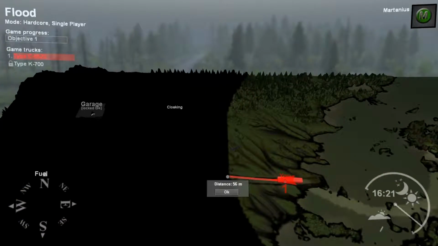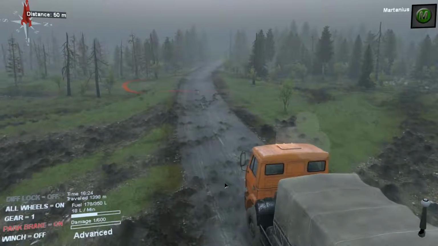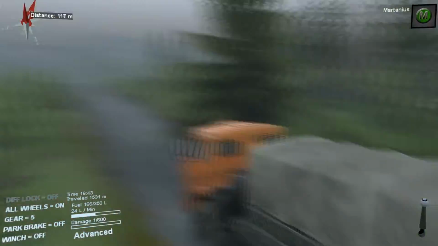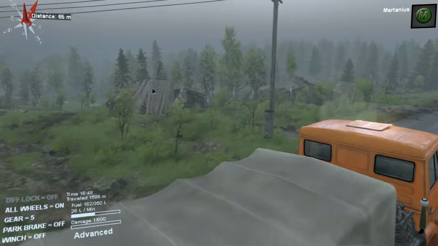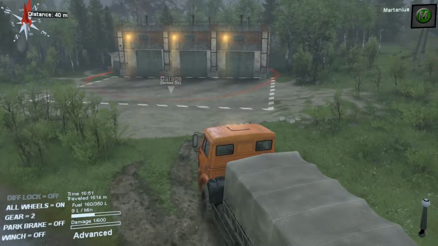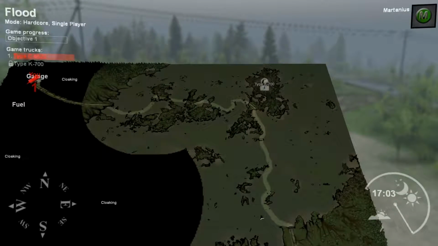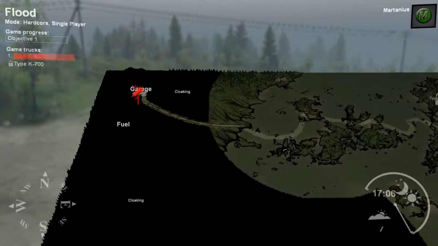Now we just get to the garage. It's next to this road. Yes, and there's our garage, and on the left side there's a fuel station. So something like your rescue point. And here we are. We unlocked the garage. We got across the water here. It's not really that difficult. You just have to follow these islands and shallow water. Use your winch